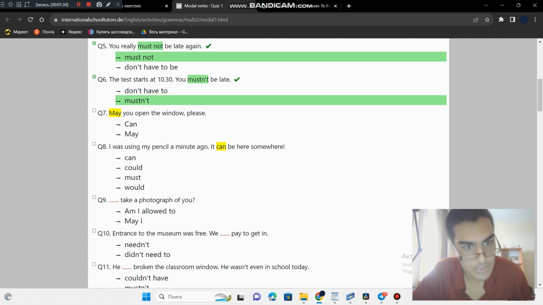May you open the window, please? And can you open the window? Really, you can use both can and may if you are speaking to an English speaker. You can say can and you can say may, but may would be more appropriate. It will be more gentle, I would say, and it would show that you have